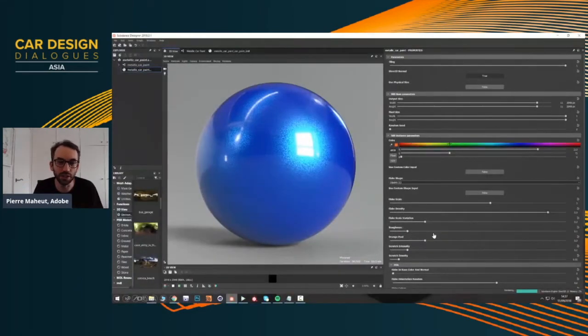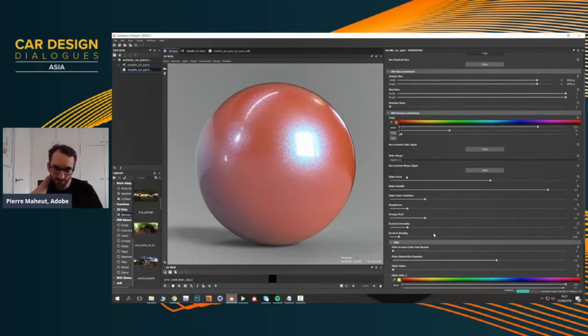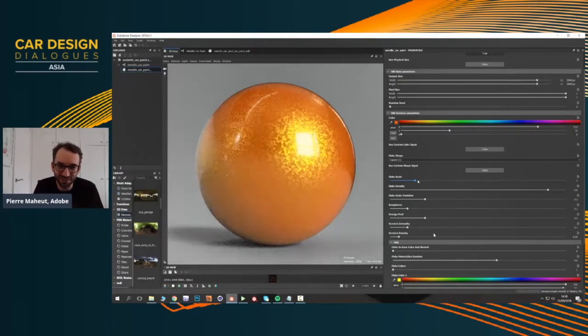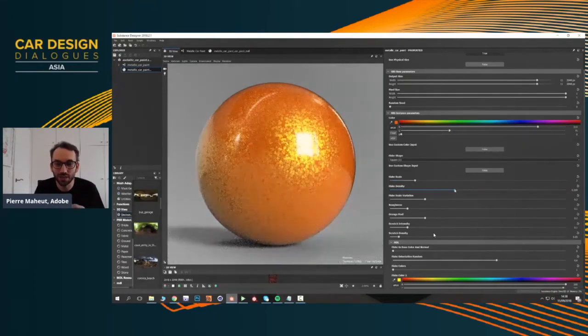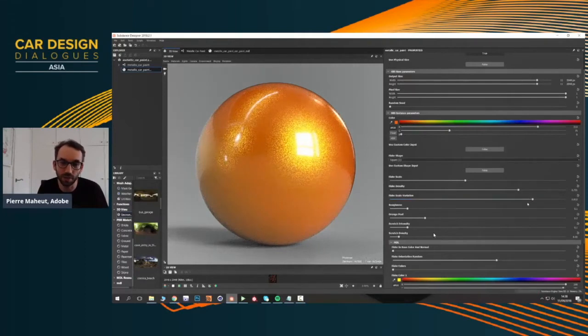So here to see it in action with the car paint, we could have taken any other kind of materials, but car paint is fairly obvious for the different parameters. You can independently change the coats, change the flakes, change the size of the flakes, change the density of the flakes, change the variation of scale among the flakes. So you can have as much control as you want in each of the materials. It's up to you to decide which dimension, which part of the material you want to be tweakable and modified by the final users. And that's the kind of interface you have in Substance Designer.